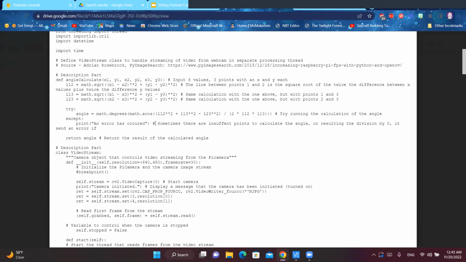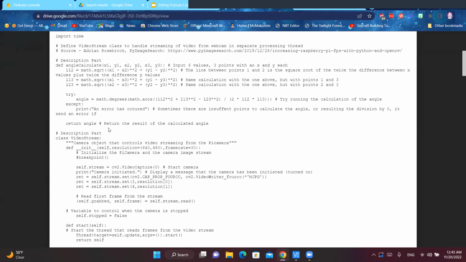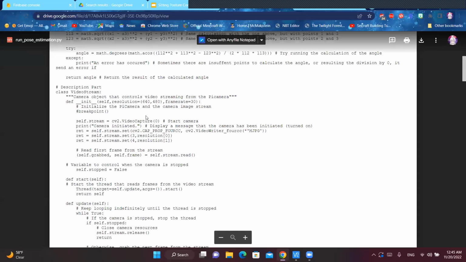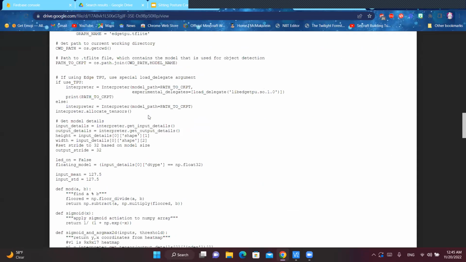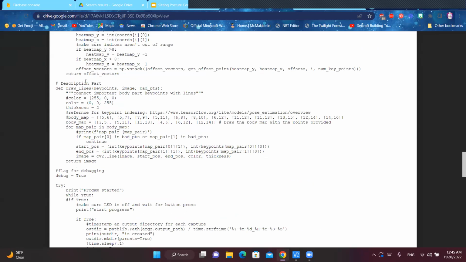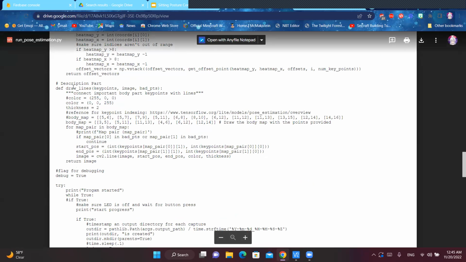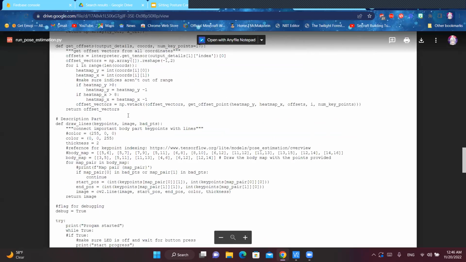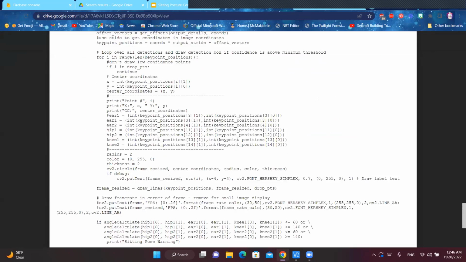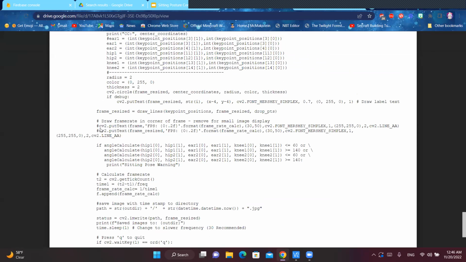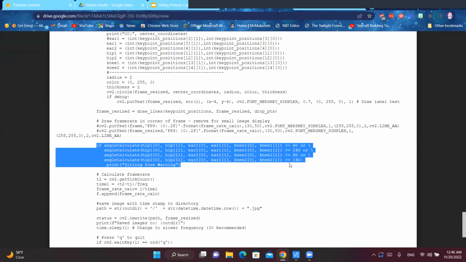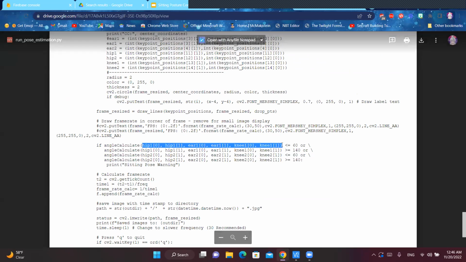So I put a try over here, and if any of these is 0, then it will show a debugger message on the user interface. It says it will give us an error. And for the actual code, it has a value equal to 0.1, and down here we have this description over here, and this if statement is basically the calculation